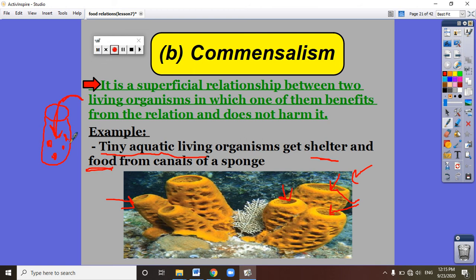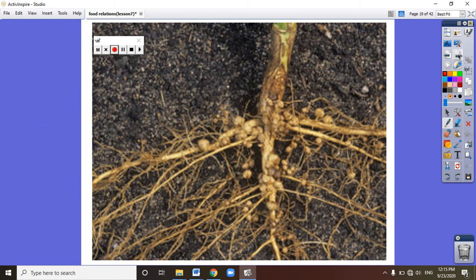Which living organism here gets benefit? The tiny aquatic living organisms or the sponge? Very good, the tiny aquatic living organisms. And which one, in this example of the commensalism food relationship, neither benefits nor is harmed? It's the sponge. So don't forget, in the mutualism food relationship, both living organisms